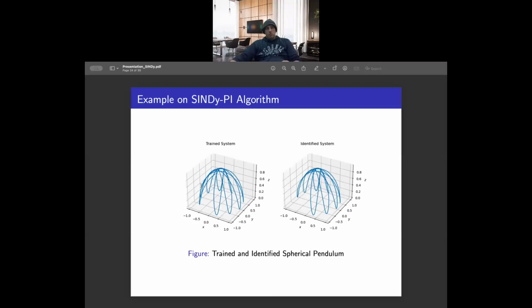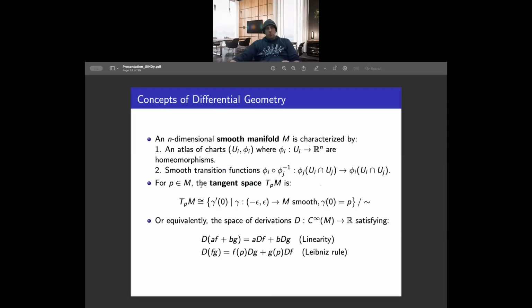And then, once we were pretty satisfied that we can move forward, that we are able to capture some of this, we noticed that in this spherical pendulum the particle is moving on the sphere, which we can consider as a compact Riemannian manifold. So that is how we were motivated to move to differential geometry.